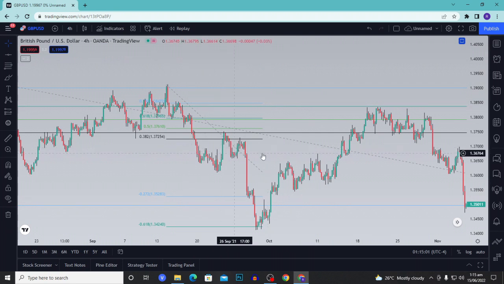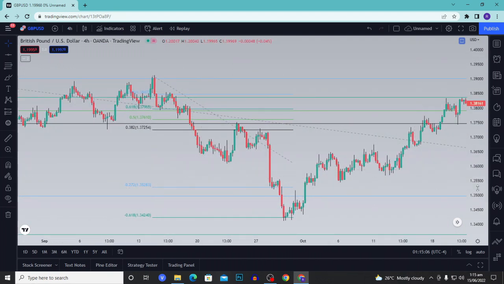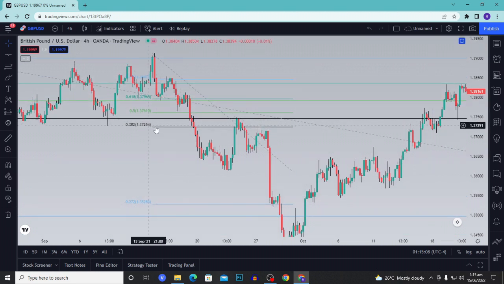Okay, and if we zoom in, we can see the price came up and bounced off of the 0.5 and the 0.382 point on the Fibonacci. So you may be wondering, which one do we choose to enter on, the 0.5 or the 0.382? Well, to do that, we'll look at what price was doing before, and as you can see, price formed